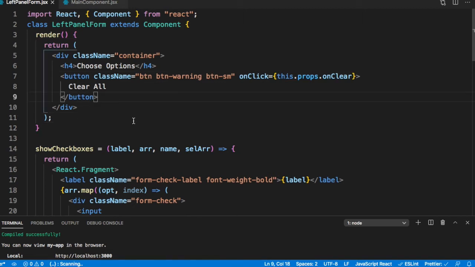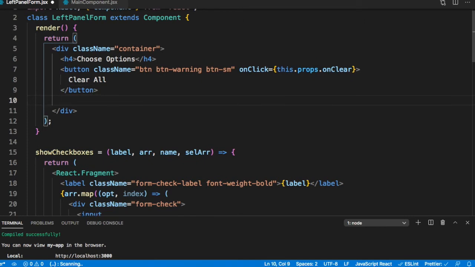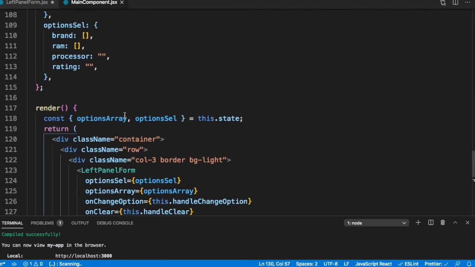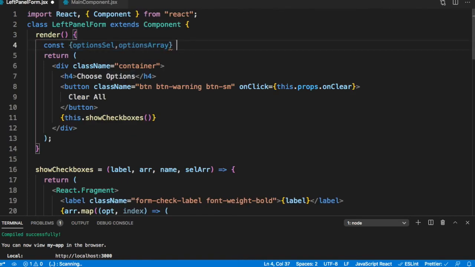Next, what do we need to do? We need to show the radios. So the first one we want to show is this dot show check boxes. And what do we want to show here? This would be, let's destructure our props first. Const options select comma options. Let's just check it. What were the options? Array is equal to this dot props.